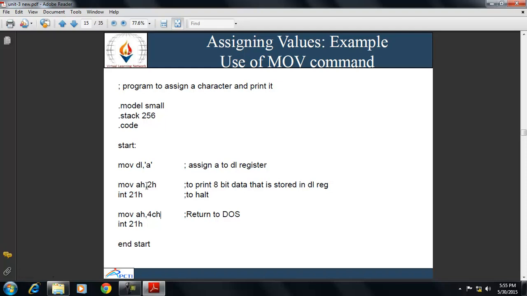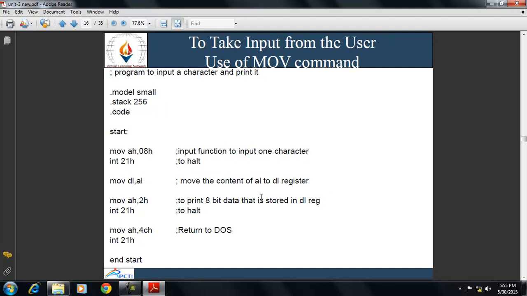Both of these functions are used with 21H. First we assign 2H to AH, then we use int 21H to print this 8-bit data. Similarly, we assign 4CH to AH and we use int 21H. AH comma 4CH is used to return to the DOS.